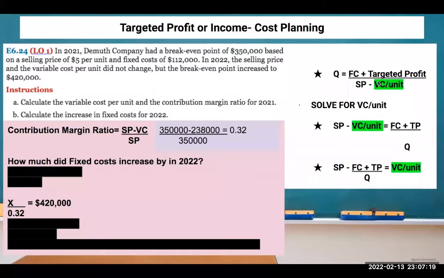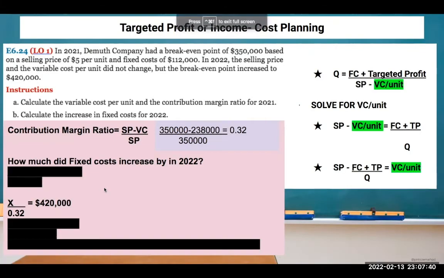And we're asked to find out the increase in fixed costs for 2022. Now, which formula comes to mind that we can use to isolate the fixed costs given the information that we have,